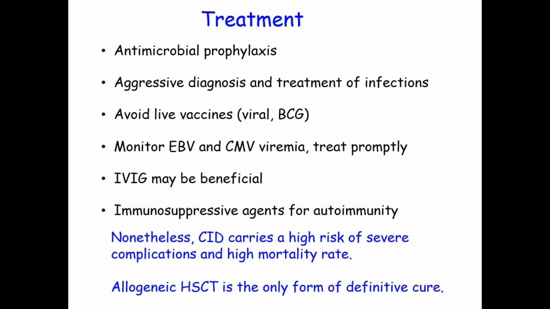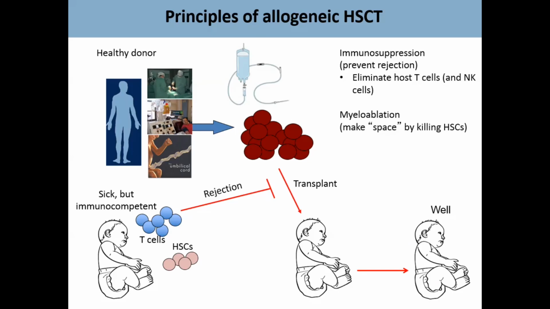And so the only definitive treatment that is available for patients with combined immunodeficiencies is, in fact, hematopoietic stem cell transplantation. Now, you heard there are many ways to do transplant. Dr. Buckley showed you very nicely that in babies with SCID, you don't need conditioning. So let me revisit just for a minute, how do we do transplant in babies or in children with combined immunodeficiencies? The principle of allogeneic transplantation is that you have a sick infant, but